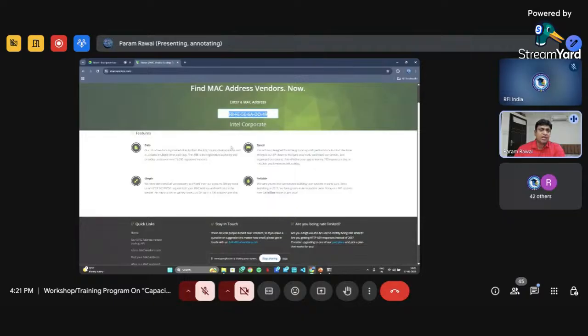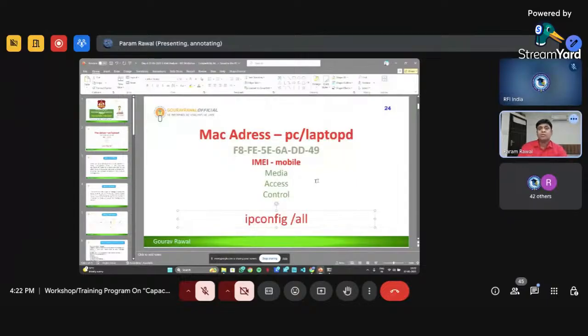So now I'm again coming to the email. Why is this MAC address important? Now the question is whether the MAC address can be altered or manipulated. Yes, it can be. There are ways through which one can even change the MAC address, just like the IMEI number of a mobile phone. The police and the crime branch have arrested many people who indulged in altering the IMEI number of mobiles.